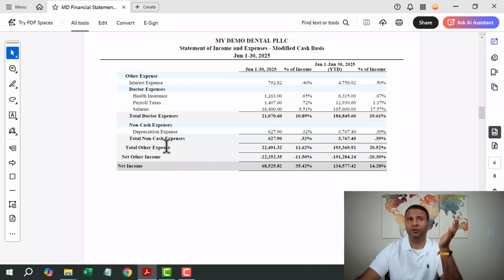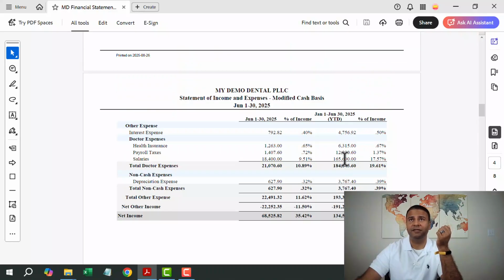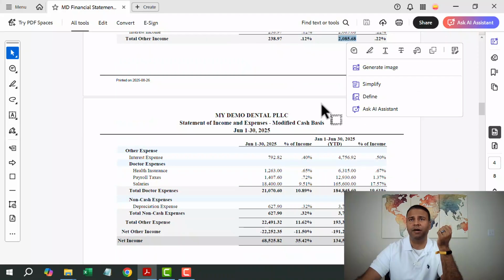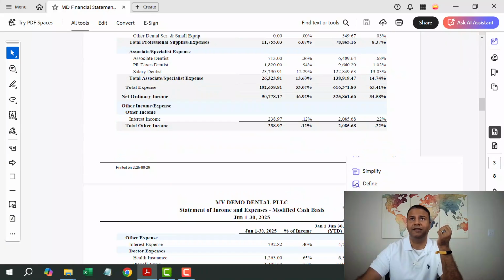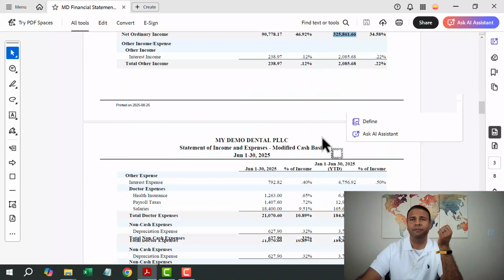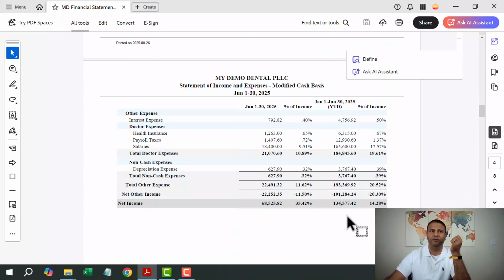Then this tells you what are your total other expenses. Total other expenses are essentially these expenses over here, your interest expense, your total doctor expenses, non-cash expenses, that total up here. And then the total other income is other income, which is this one, minus other expenses. Okay, net income again is you add this one plus this one, is the $134,000. So that's the net income of this practice. So this practice had a pretty healthy net income. For the month of August, it was $68,000, and year to date, it's $134,000. Okay,